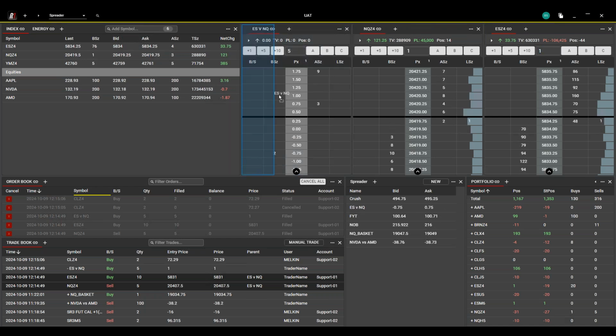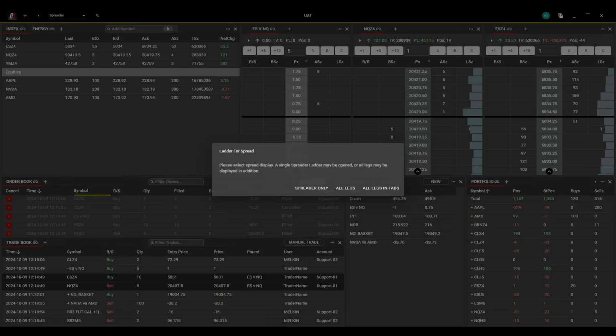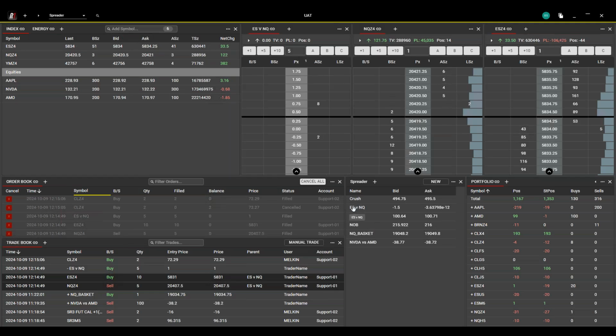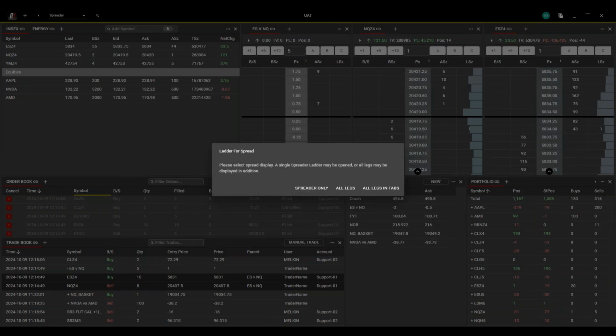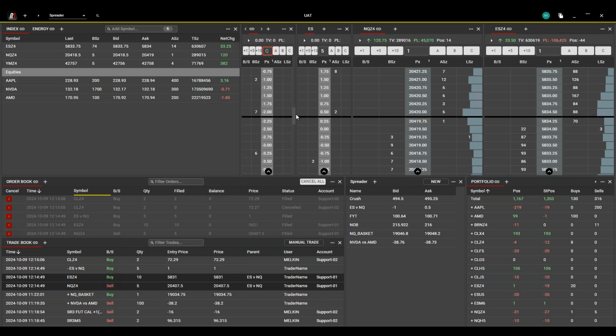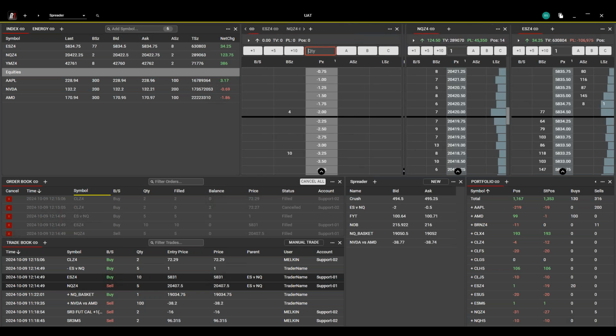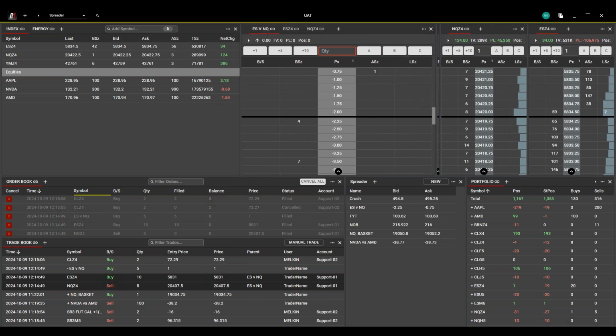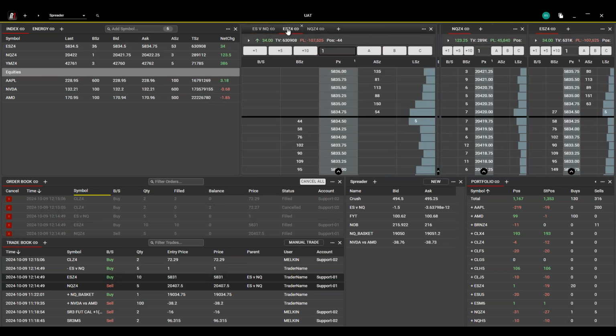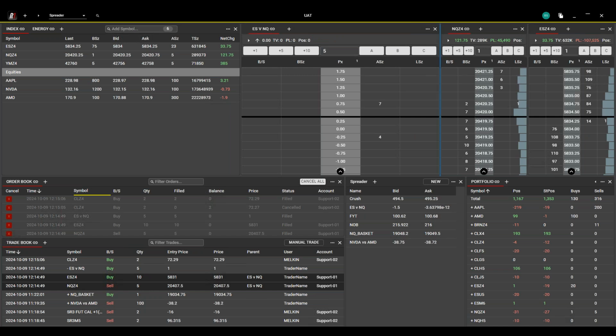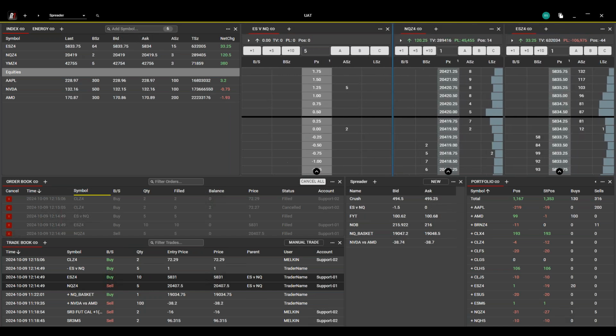So just to get an idea of what that might look like, if I drag this spread up here and I select show legs and tabs, my ladder is going to look more like this. So in 3 ladder tabs, I've got my ES versus NQ. Here's my spread. I've got leg A in the second tab. I've got leg B in the third tab. This can help with real estate in the workspace, things like that. So that is the most basic configuration of a spread, 1-by-1 spread